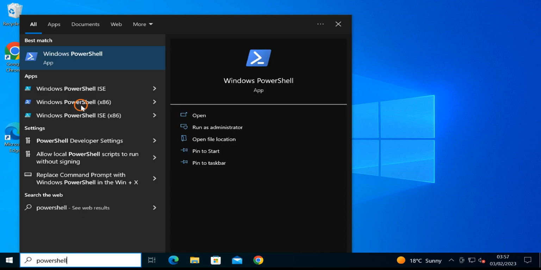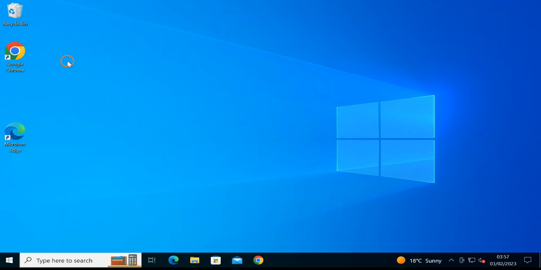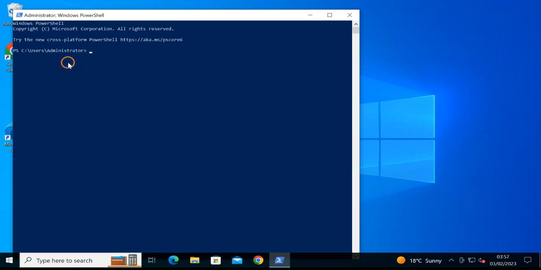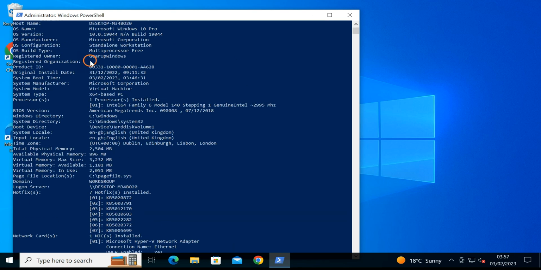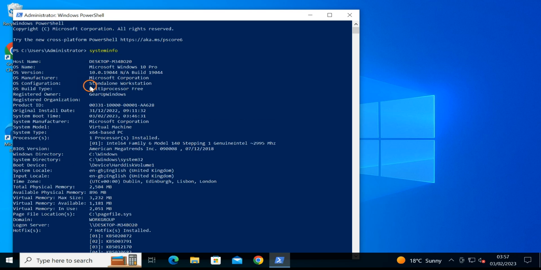So click on the PowerShell entry, and once it opens, here type systeminfo, and after that press enter on the keyboard. This will also load the same details as I had shown in the command prompt, and here you need to find out system type. Here you can determine if your Windows runs 64-bit or 32-bit operating system.